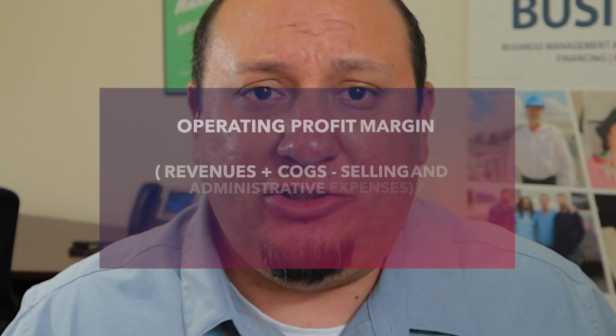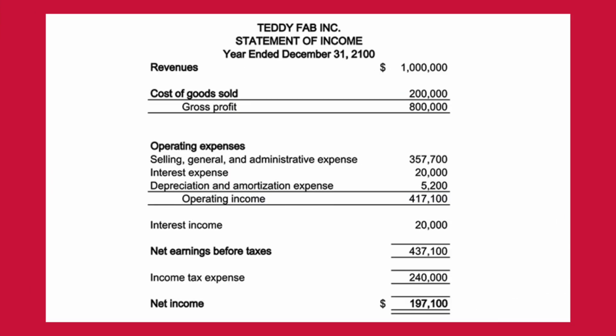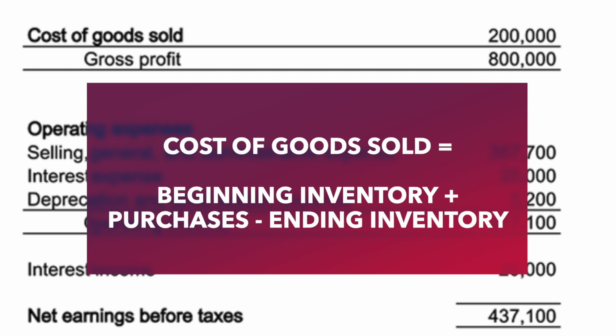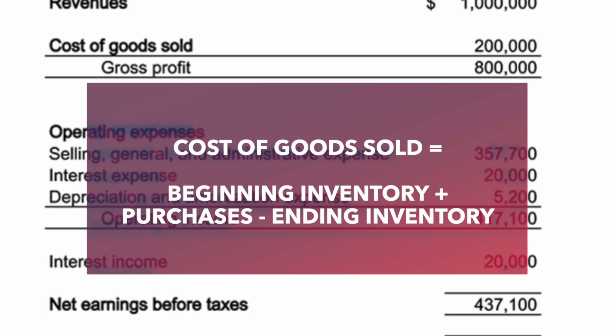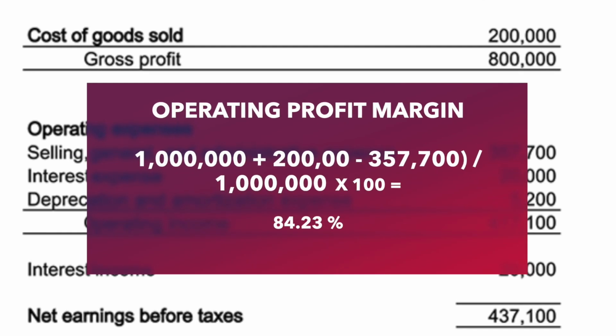So our operating profit margin formula accounts for cost of goods sold, selling, and admin expenses. If you're working with a business that does a lot of purchasing and selling of inventory, like a retail business, then you can use this formula. Cost of goods sold equals the beginning inventory, say at the beginning of the month, plus what you purchase to replenish that inventory, minus the actual ending inventory, say at the end of the month. Operating profit margin is revenues minus cost of goods sold minus your selling and administrative expenses, divided by your revenue times 100, which gives us an operating profit margin of